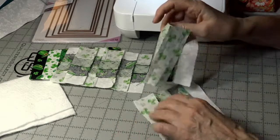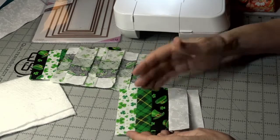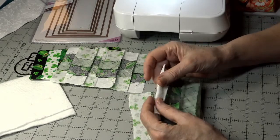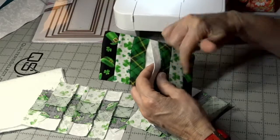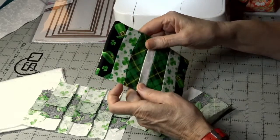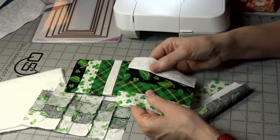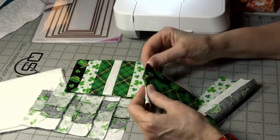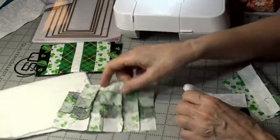Okay, so the reason I decided to have my stripes going this way is because I need to fold under a little bit on each one so I don't have a raw edge here, because I want to sew all the way around and turn it right side out through this. So if I did them this way, I could do it. Oh, what the heck, I'll give it a whirl. I was going to say, I've just got seams there. But let's see